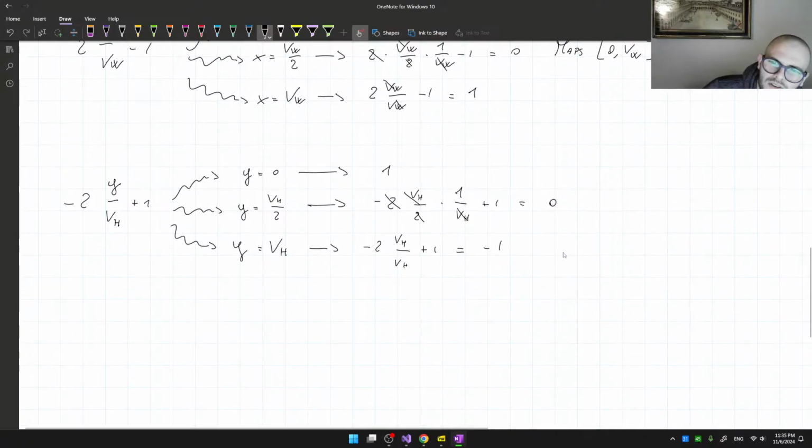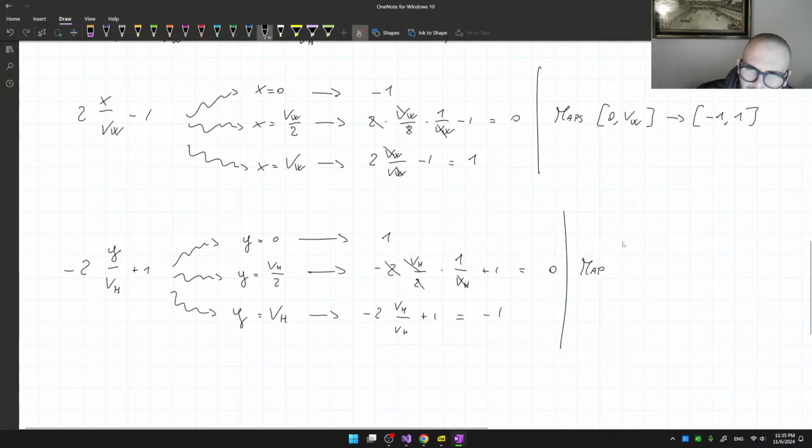So here this maps the interval from 0 to view height into -1 to 1, but